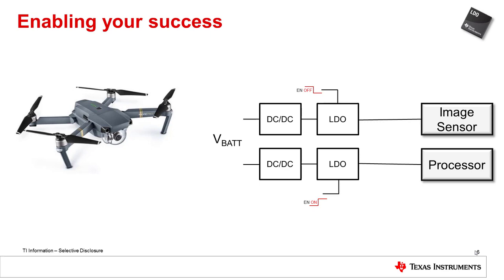Since this module is off, the shutdown current is the only drain on the battery, which is even lower than the LDO's quiescent current. Although battery life is highly dependent on the load conditions while running, LDOs with low quiescent current are a simple solution to help boost the runtime of any battery-driven device. These small devices are not just limited to consumer electronics either. They play just as big of a role in industrial applications such as smart meters, building, and factory automation. So even though designers sometimes overlook quiescent current, it can ultimately make the difference in an application running for a few more seconds to days or even years.